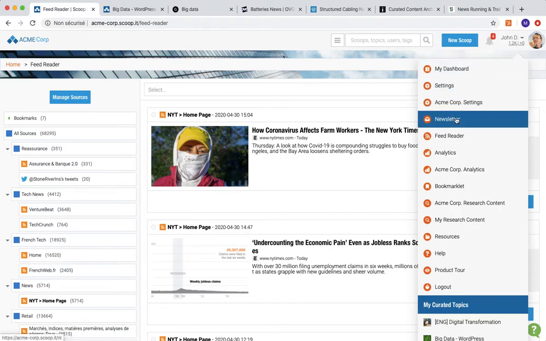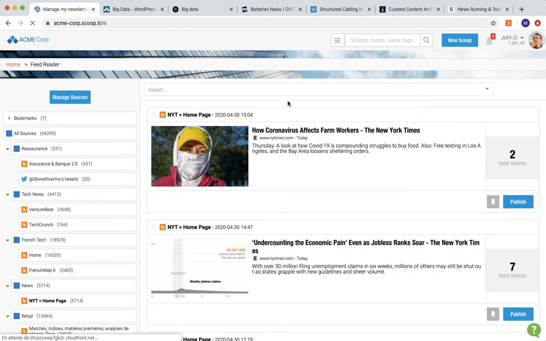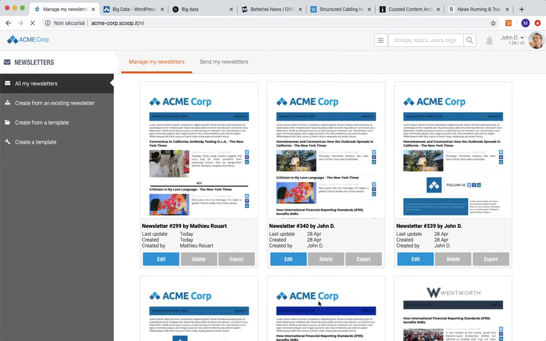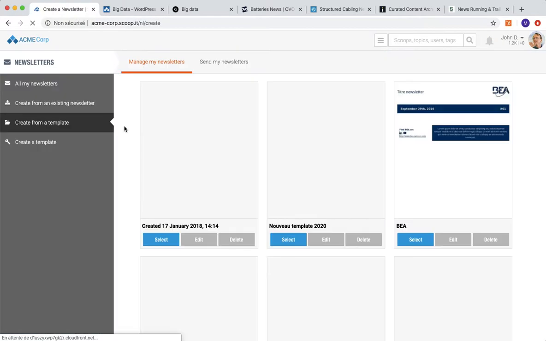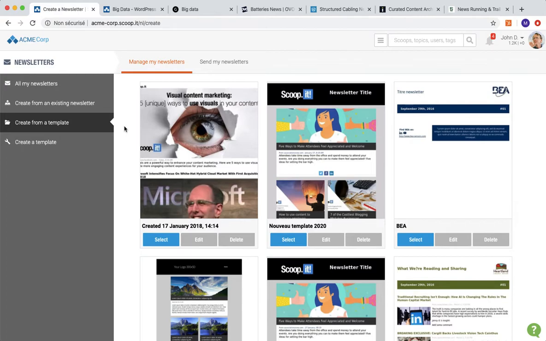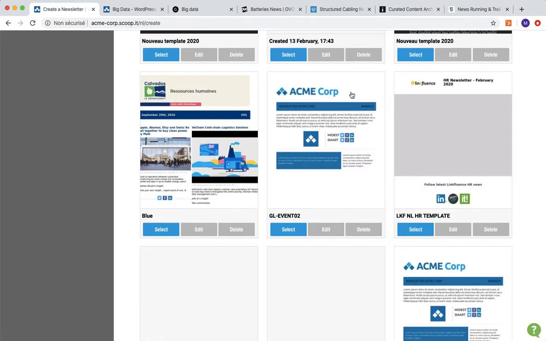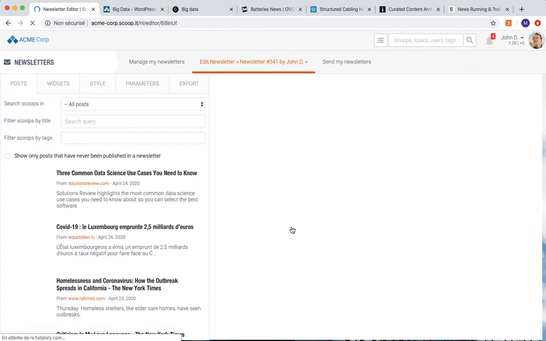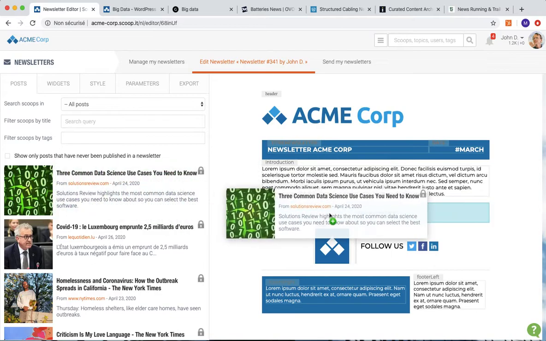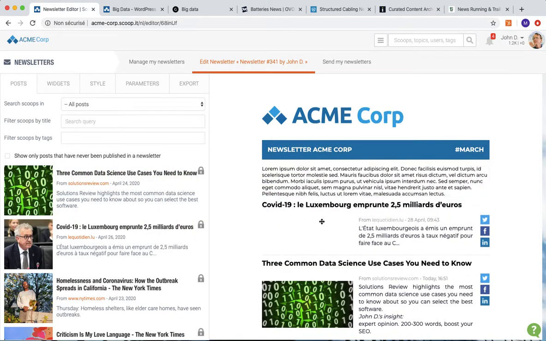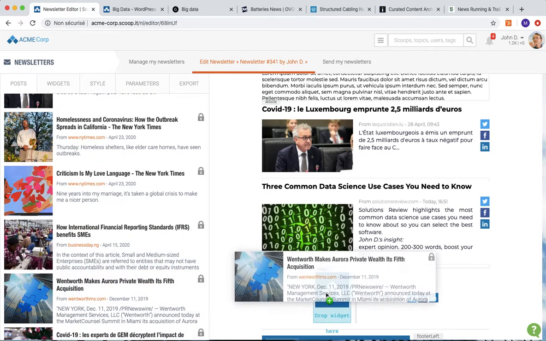So one of the other really used features on the website is going to be the newsletter. So here you have all of your previously created newsletters. You can create them from a template, but generally for companies, we tend to create a personalized template for you with your logos, with your colors, however you would like to display the content, which fits best for you and for your readers. So here for the example, I'm going to choose this template. So I just select it, and from here, with a simple drag and drop, I can add the articles which I think are interesting to